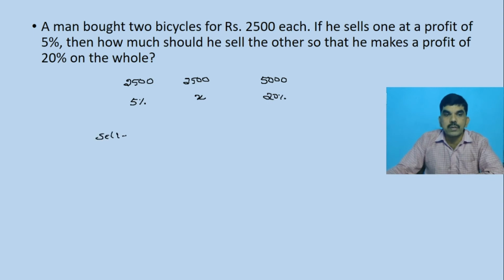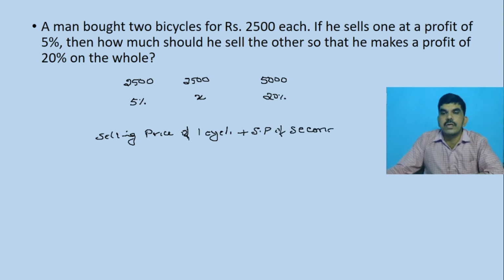So selling price of one cycle plus selling price of second cycle equal to selling price in whole. Correct? Selling price of this plus selling price of this cycle, another cycle, together it should make this. So cost price is known, percentage profit is known. Then how to find out a selling price? So this is (100 plus 5) divided by 100